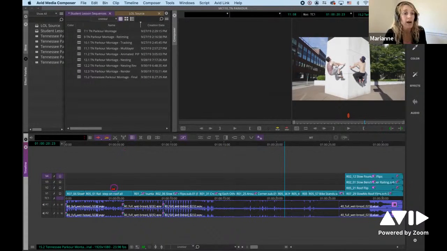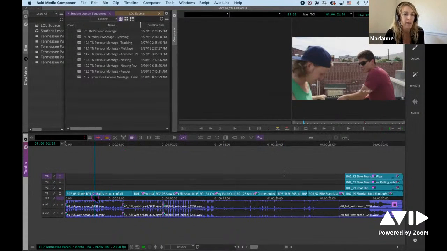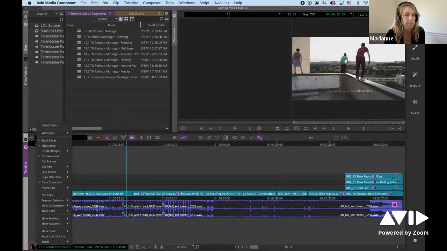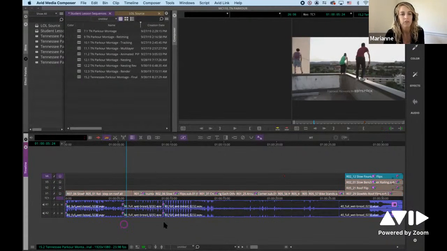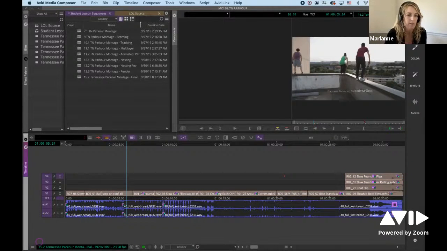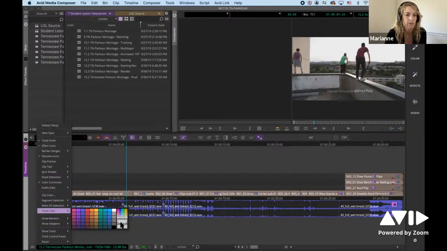So for the look of my timeline, I'm just going to turn off segment mode so I can scrub anywhere I want. My timecode track tends to be at the bottom, and I tend to use classic old colors. So I'm going to go to my fast menu to set this up. A quick trick is to go to track color and default. Some of mine are changing. Let me select all my tracks here. And now I'm just going to go to default setup and do that one more time. Default, and then default setup